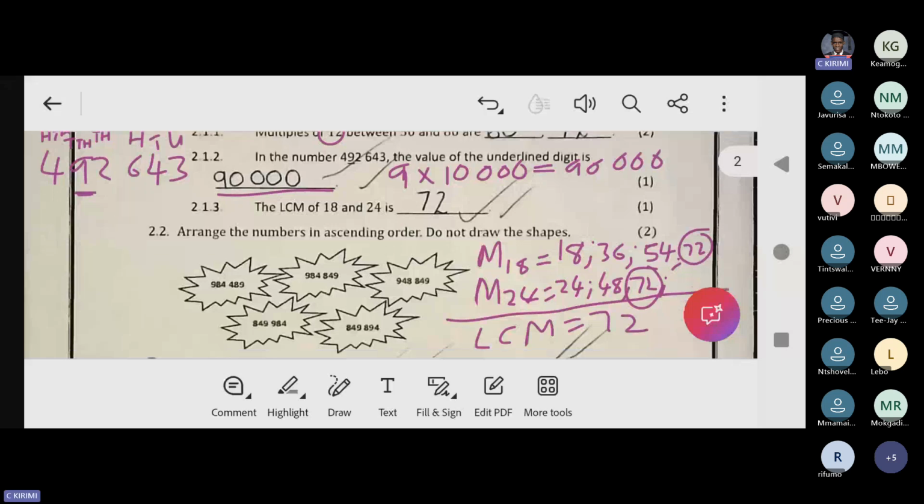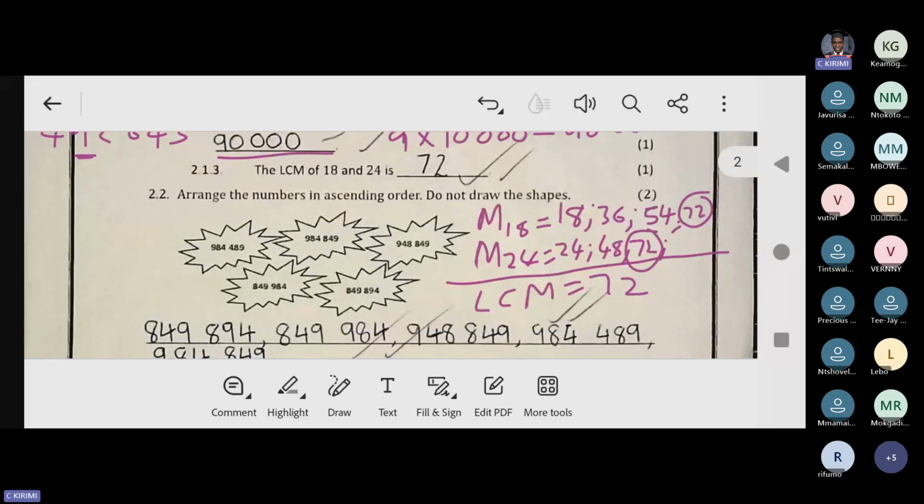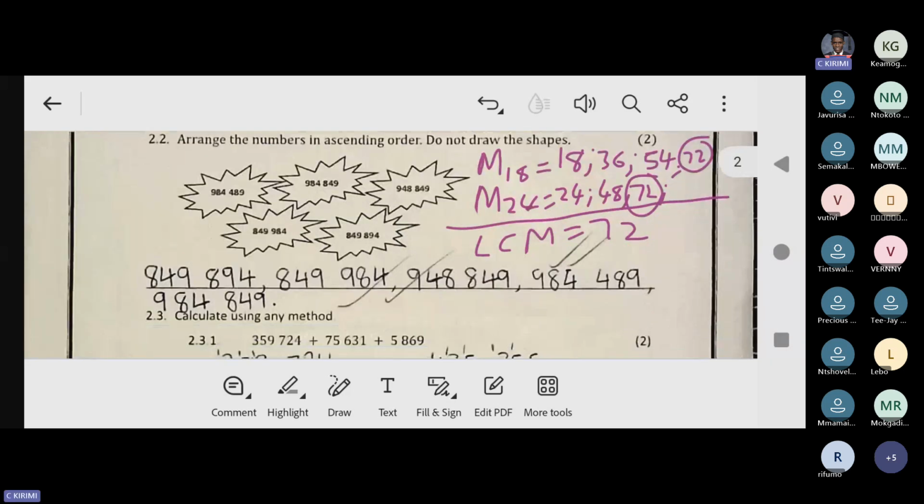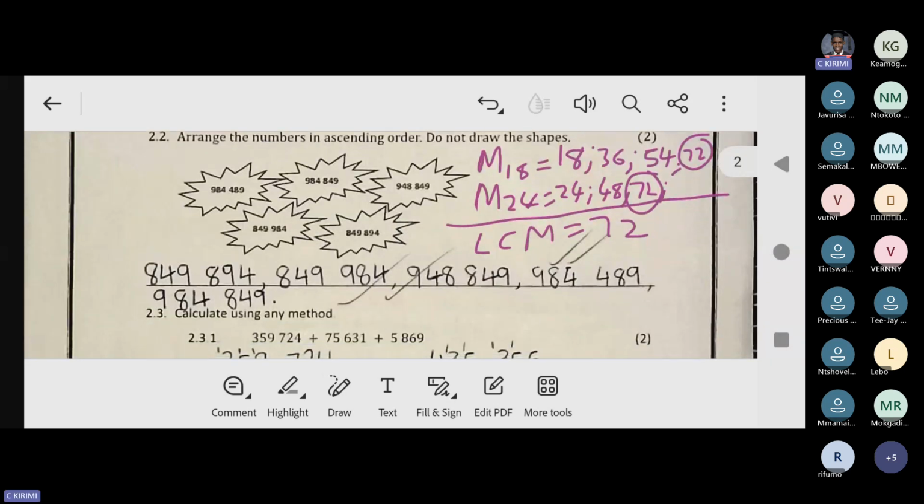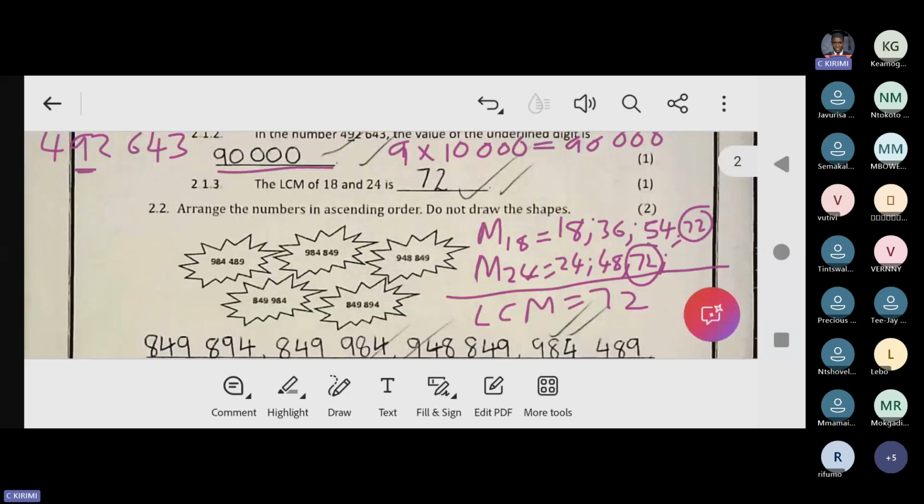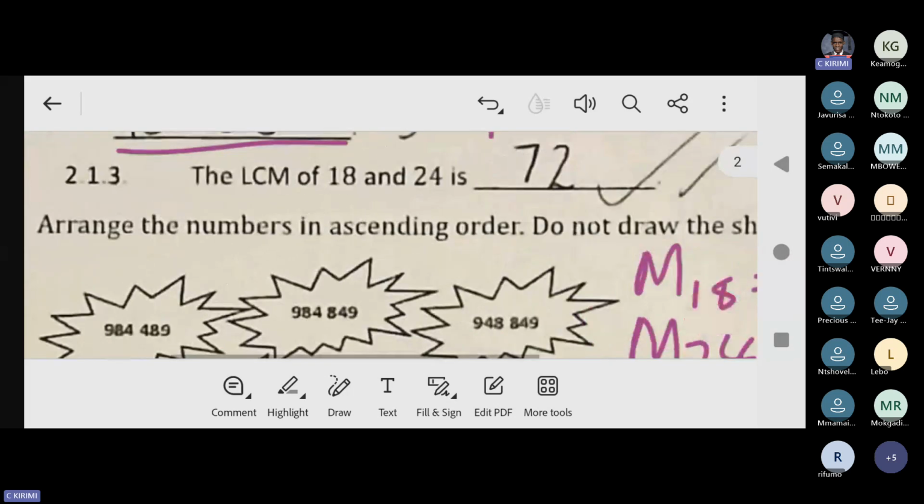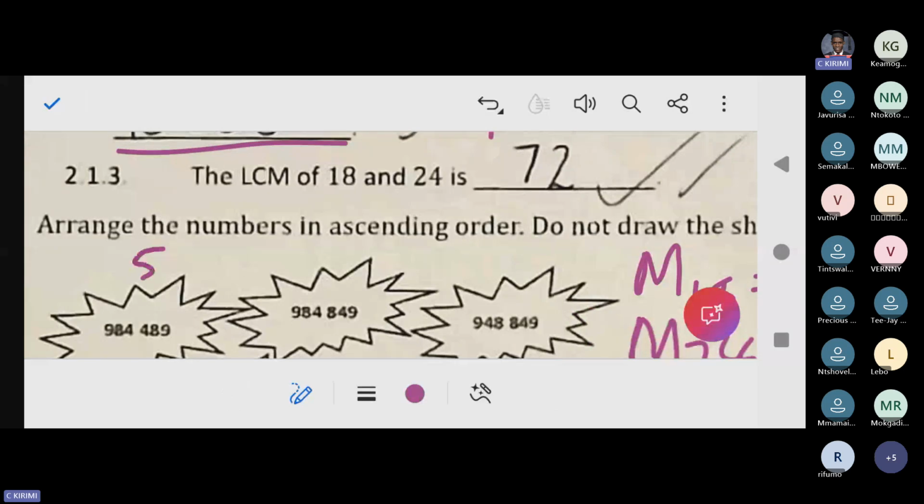So for 2.2, it's saying arrange the numbers in ascending order. Do not draw the shapes. If you are given those numbers, you don't draw, you just write them in ascending order. Ascending order, it's smallest. Whenever they talk of ascending order, it's smallest to biggest. This question,